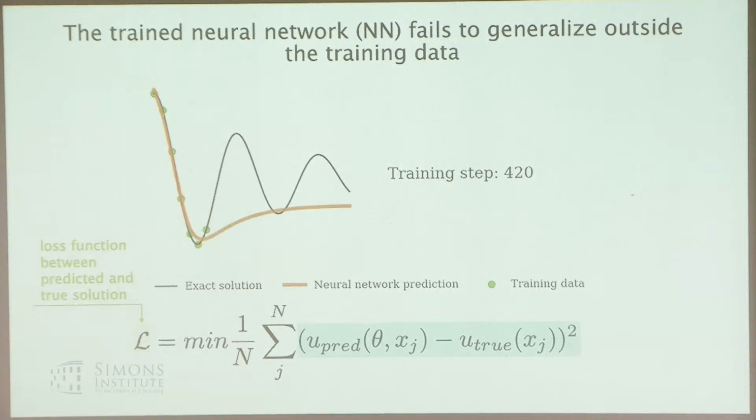So if we train the neural network just on those green points, this is a case where it'll fit those green points really well, but it won't do very well at all on the later points because it has no idea what it should be seeing at those later points.